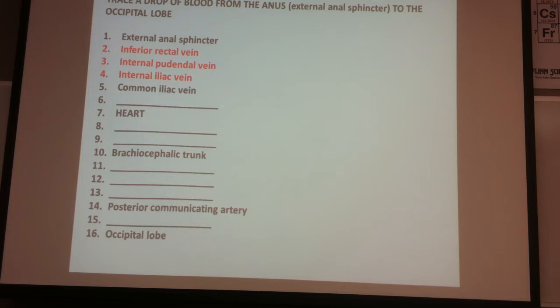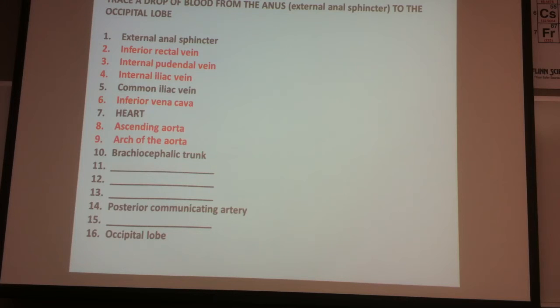All right, so from the common iliac, it's going to go into the inferior vena cava. And I typically put heart. There might be a situation where I want you to trace it through the heart, but I typically will put the heart there. That means you don't have to go right atrium, left atrium, pulmonary veins, arteries. That's all taken care of, and now we're leaving the heart. Now we're arteries because we're leaving the heart. We leave the heart via the ascending aorta,